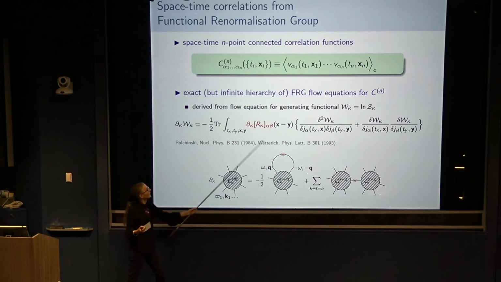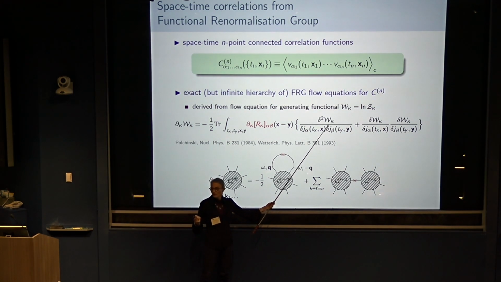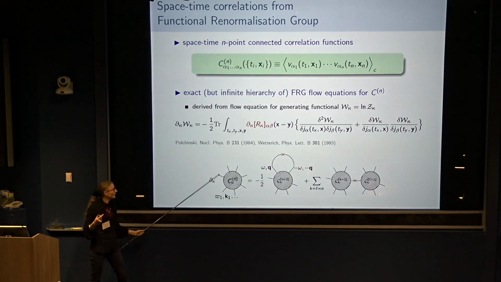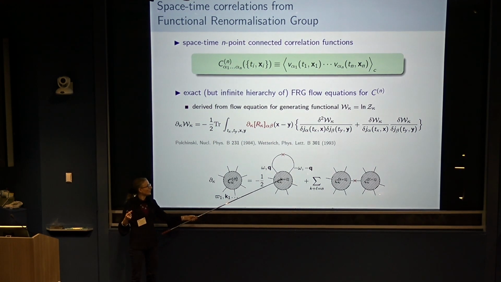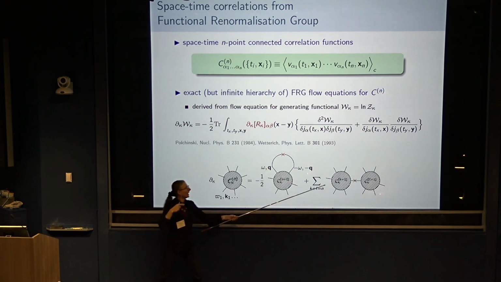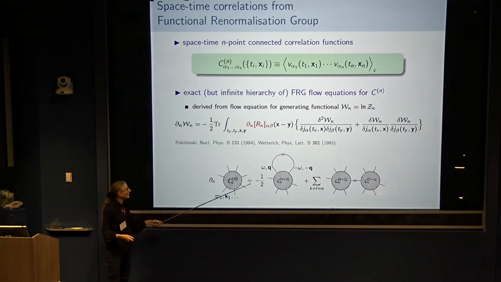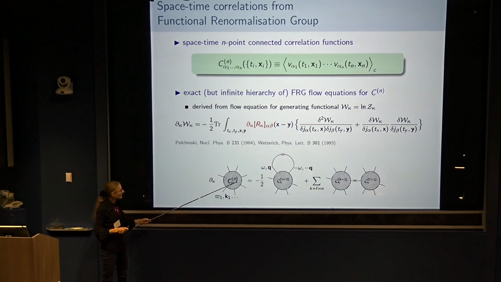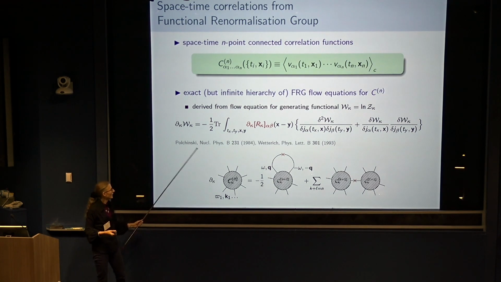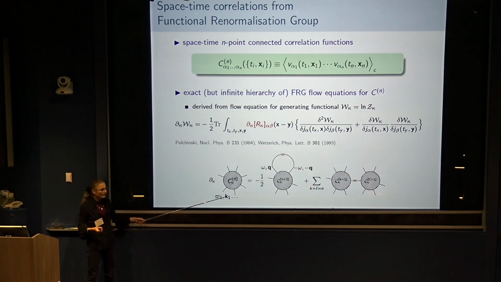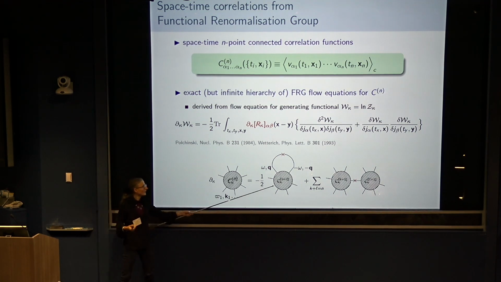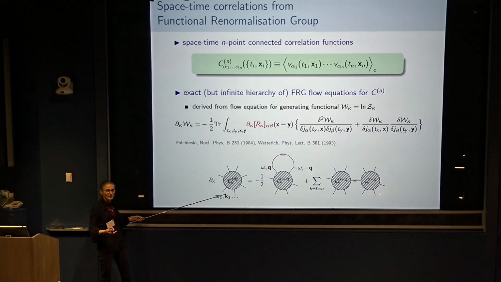Because you see, you start from an equation where you already have derivatives here, okay? So let's say if you take n derivatives to have the flow of this object, you will end up with objects which involve n plus 2 or n plus 1. So in fact, you have an infinite hierarchy of equations, but as usual with nonlinear systems. I mean, if you write the moments in Navier-Stokes, you have an infinite hierarchy as well. And what I'm going to explain in 5 minutes now is, in fact, if you take a specific limit, which is the limit where all these external wave numbers are large, then you can close this equation exactly without other approximation than this large k limit, okay?